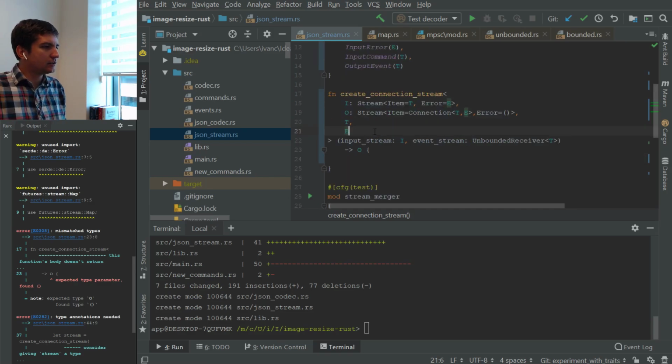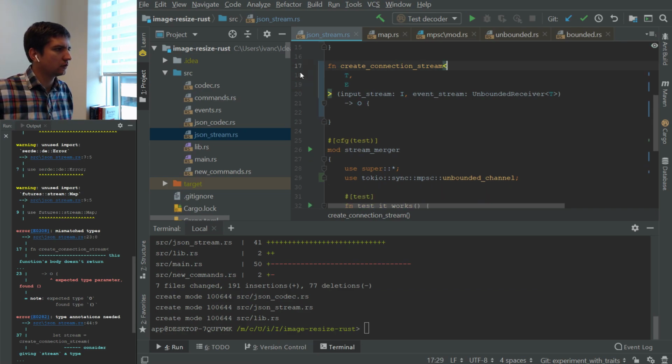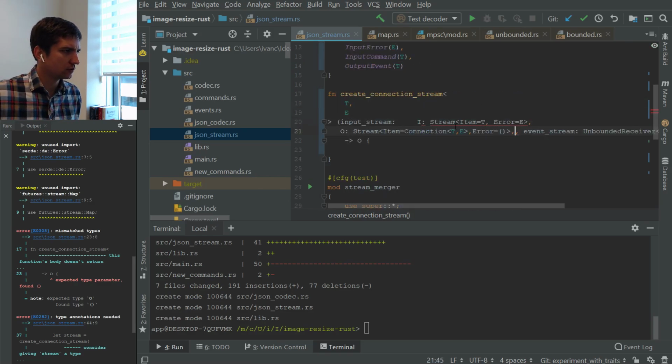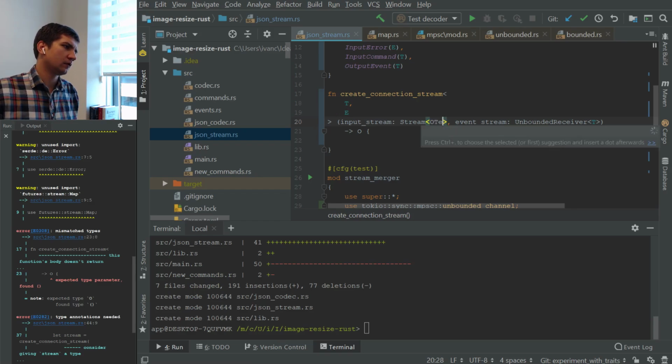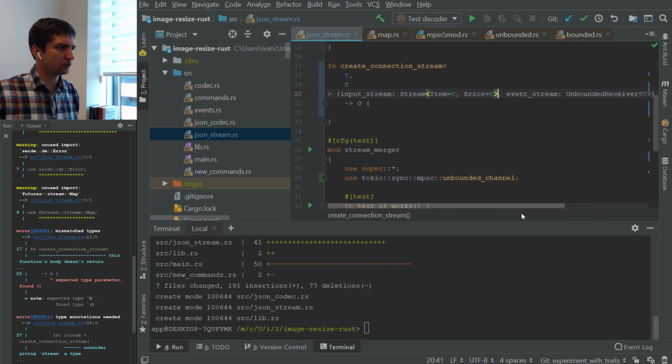Oh, okay, I see. Actually, then I don't need this kind of thing. I just need to specify that I have create connection item of these types. Then I can just specify that it's a stream of item with type and error with e, and then bounded receiver of this type, and I'm sending back a stream of this type